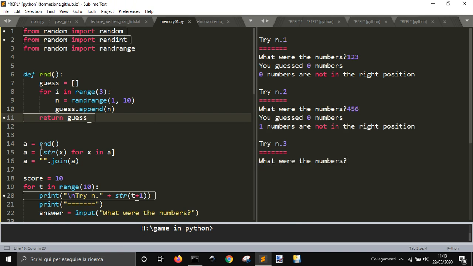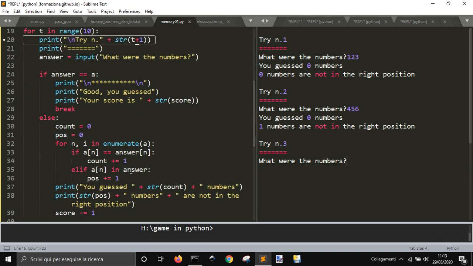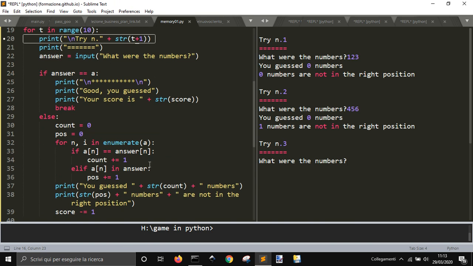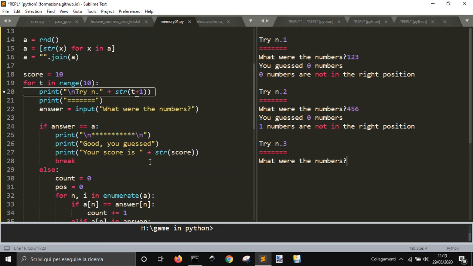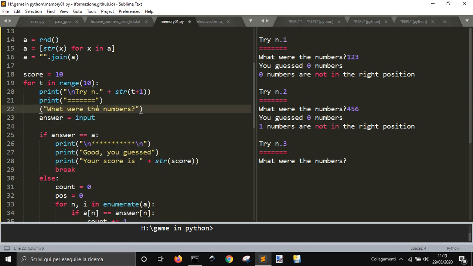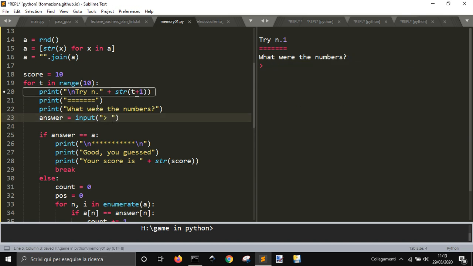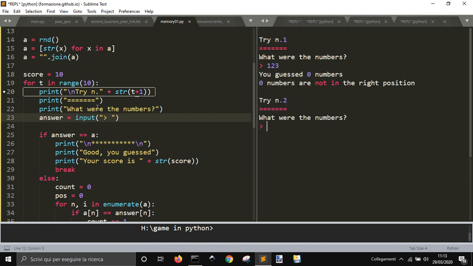It's quite fun, but maybe you should make some refinement here. One thing you can do, for example, I don't like to be here the number, but this is your taste. I can go and split this and go print and then answer equal input like this, and maybe put something like this in a space and go here, and you have it down here. So 1 2 3. I don't know if it's better for you, but